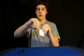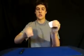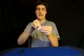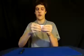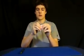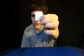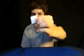it, like so. I'll get the edges real folded up so the coin can't slip out, and you could see, I'll get it creased so you could see the coin outlines in there. So coin's in there,